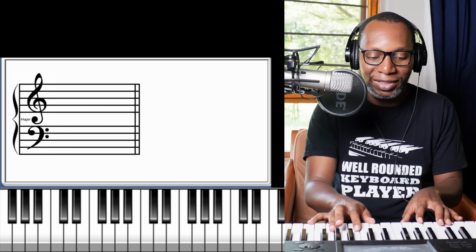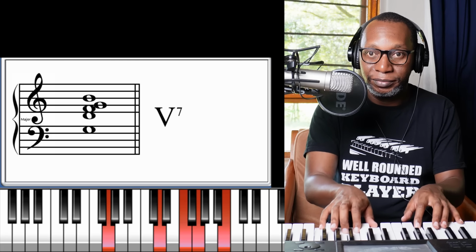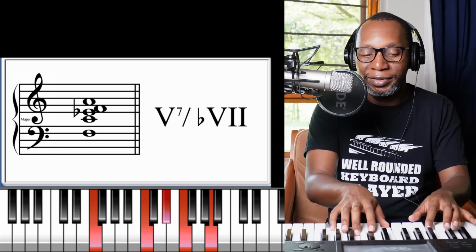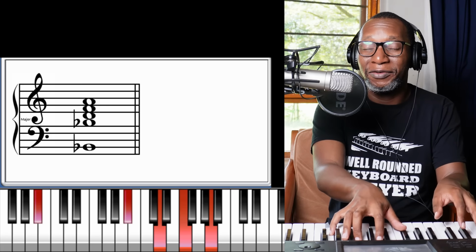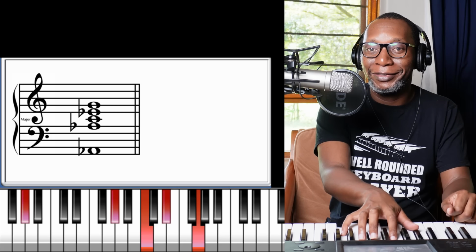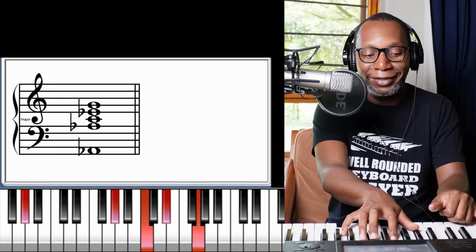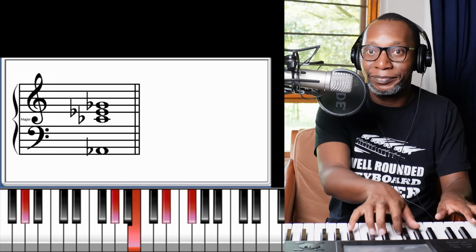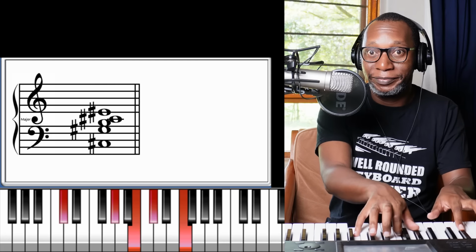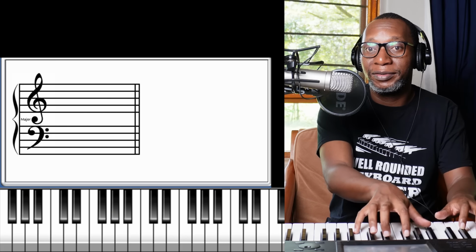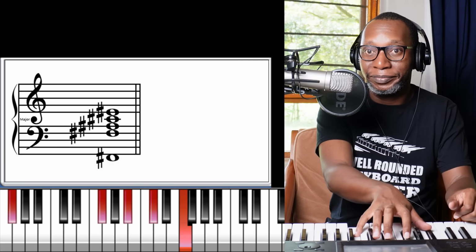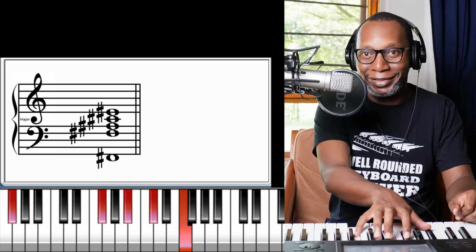So we've done 3 keys, right? The key of C. Now we go to the key of B flat. There's the 2. There's the 5. There's the 1. Now we're in the key of A flat. There's 2. There's 5. And there's 1. If we minorize this again, we're now in the key of G flat. Again, following my pattern, I'm going to move the top 2 notes down. Now I'm going to move the bottom 2 notes down. Okay, I'm in the key of A flat. I'm in G flat. And then if I minorize this again,